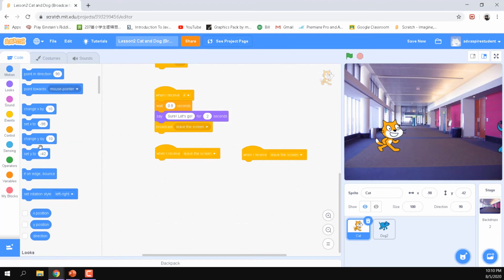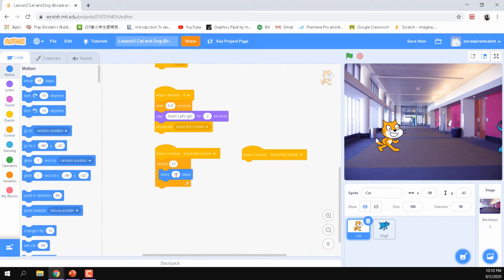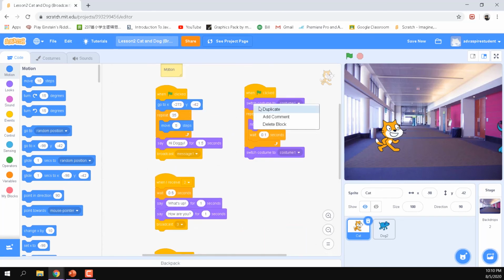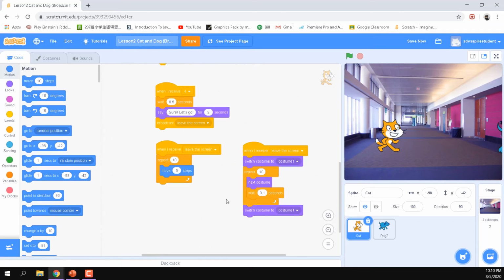And the motion is going to repeat for how many times? So it will leave the scene. And same thing from here. This one we can just duplicate to make it simple because we just want the animation. And maybe here we will need to change because here got the longer distance than here.